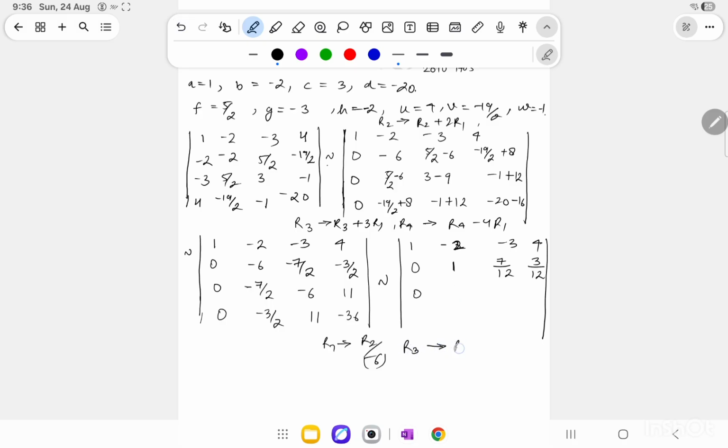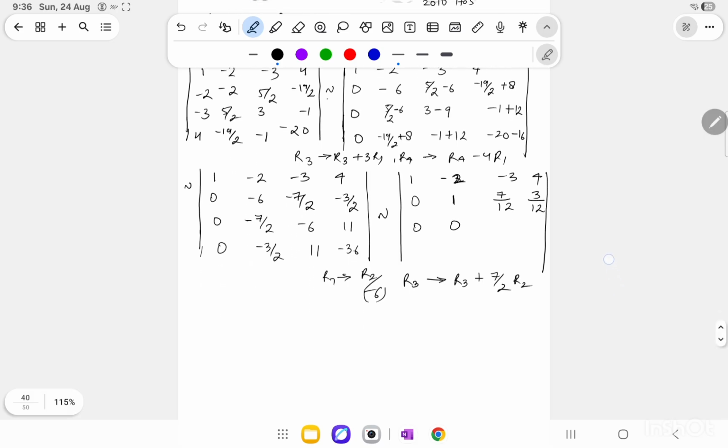R3 as R3 plus 7 by 2 R2, so this will be basically 0, and minus 6 plus 7 by 12 into 7 by 2, so I got as minus 6 into 24 plus 49 by 24, that is basically equals to minus 6 into 24 plus 49, basically minus 95 by 24, and another term will be basically 11 plus 7 by 2 into 3 by 12,